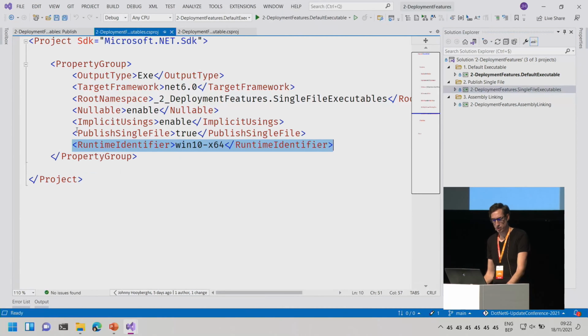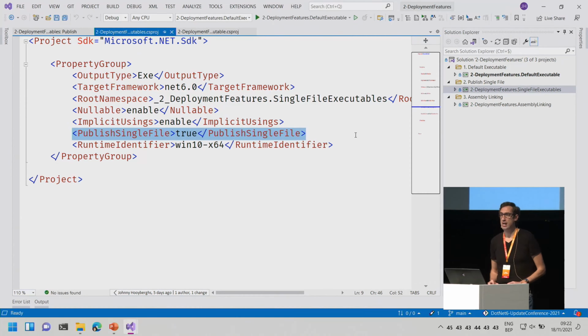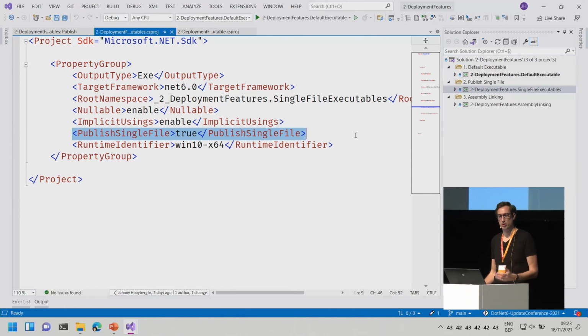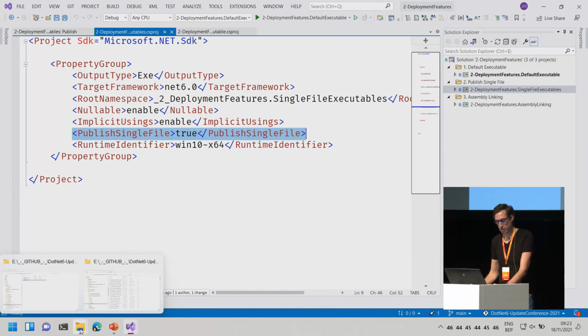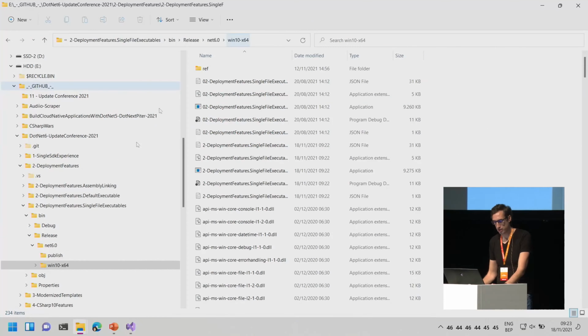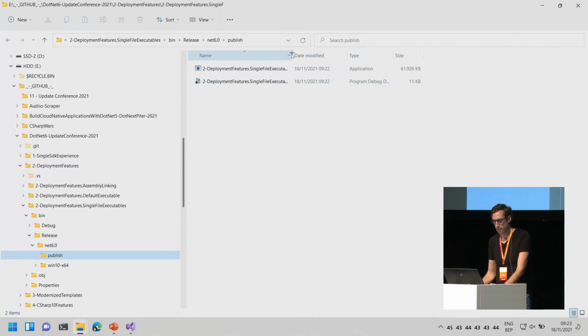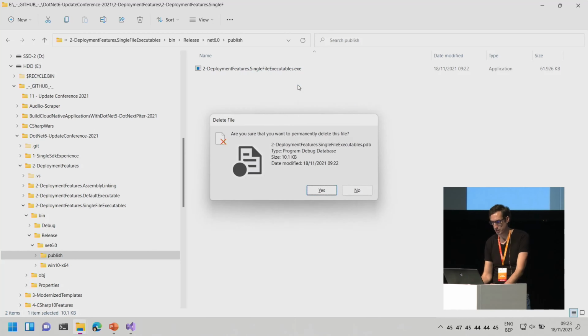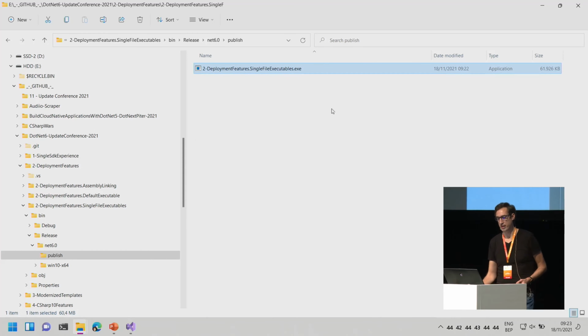And because of that, we can add an additional parameter, publish single file. So basically, we can put everything together in one single executable, and then it looks less suspicious when you're doing a console application. So if I go back here and I go to my published folder, this is my program debug file, so this one can be deleted. You don't need that. And now you have a single executable file.